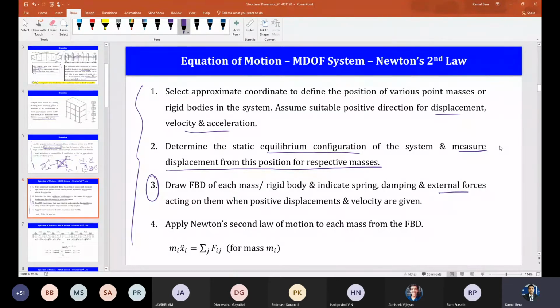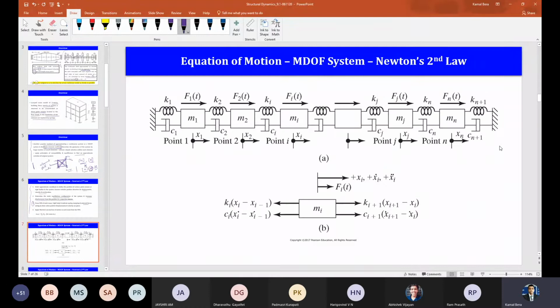Okay. So then you apply Newton's law, that is, mass into acceleration for a particular mass. For each mass, you just apply Newton's law: mass times acceleration equals the sum of the forces acting on the mass in that direction. Okay. So I have just written this in a systematic manner. You have already done this for a 2 degrees of freedom system. That can be easily extended for any number of degrees of freedom. So we treated only this part for 2 degrees of freedom system, and now it can be extended to n degrees of freedom.